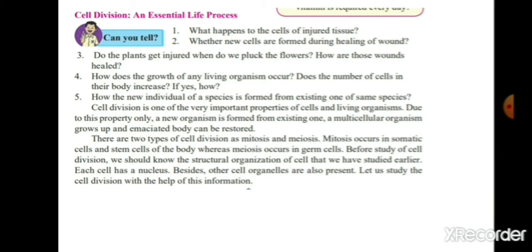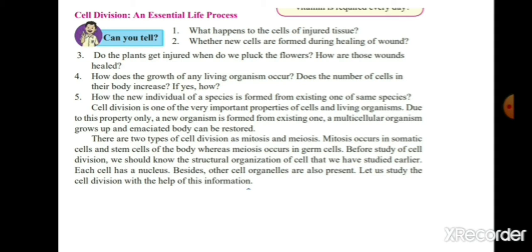The cells divide regularly and add new cells which are essential for growth. Cell division is thus necessary for the growth of the body and also for the regeneration and repair of